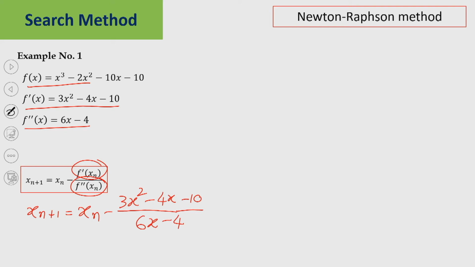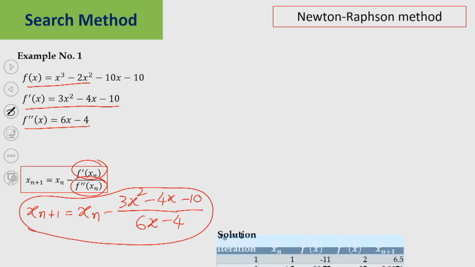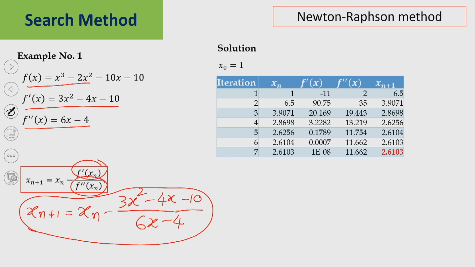So, I can apply this particular equation iteratively for finding the optimal solution of this particular function. Let us start with x naught equal to 1. In this case we have to start our algorithm from a starting point. So, let us take x naught equal to 1. This is the first point, and the derivative here is minus 11 and the second derivative is 2, and if I apply this particular equation,